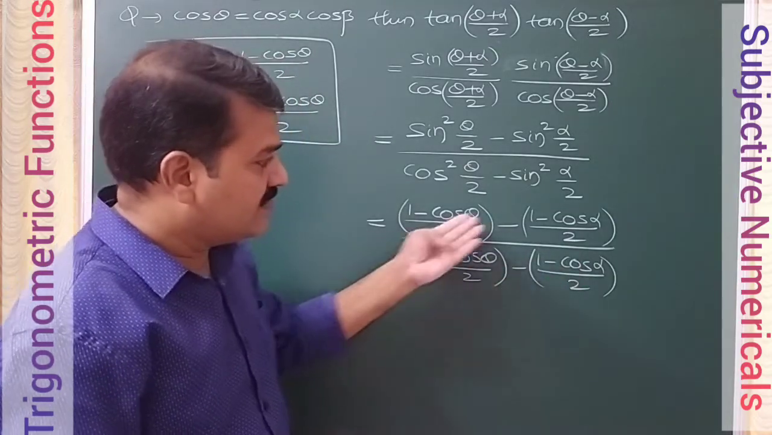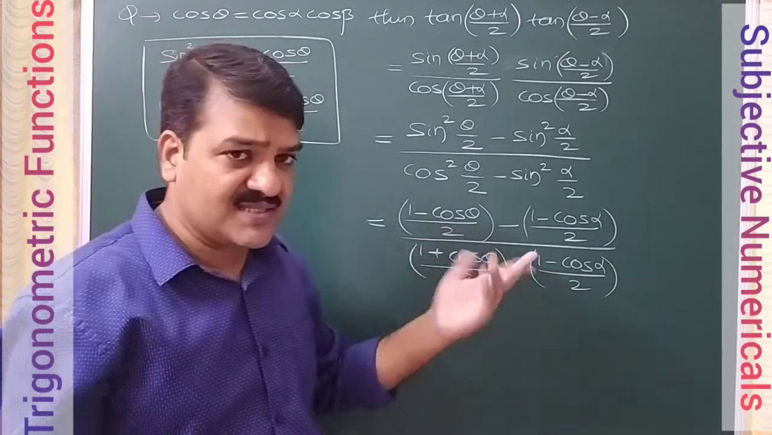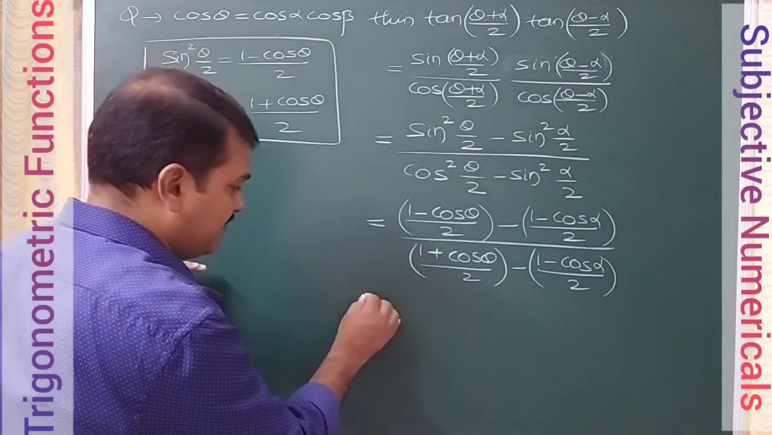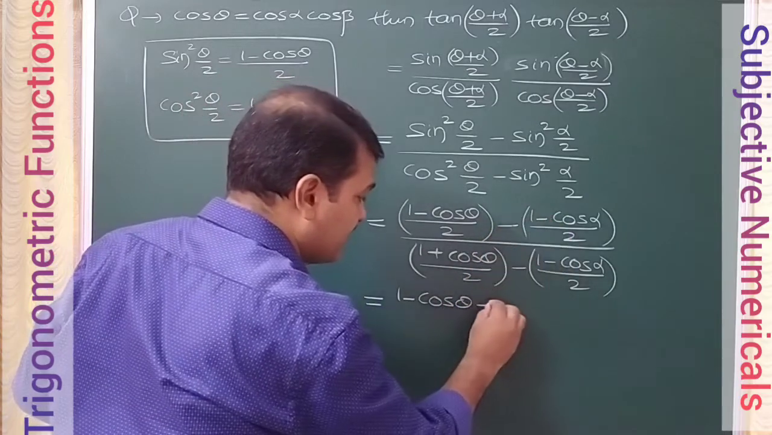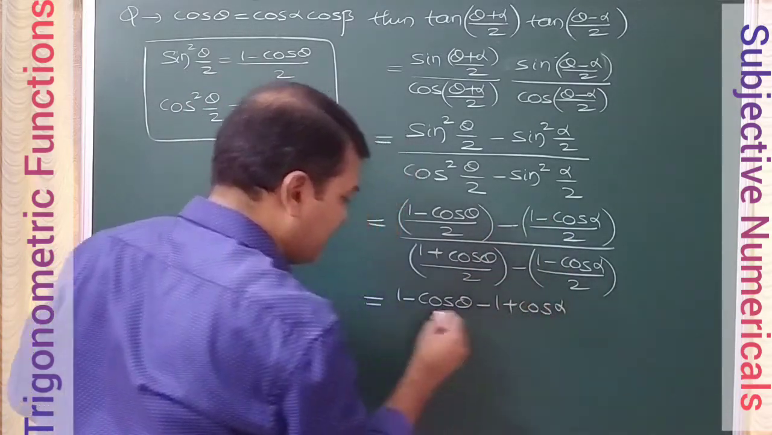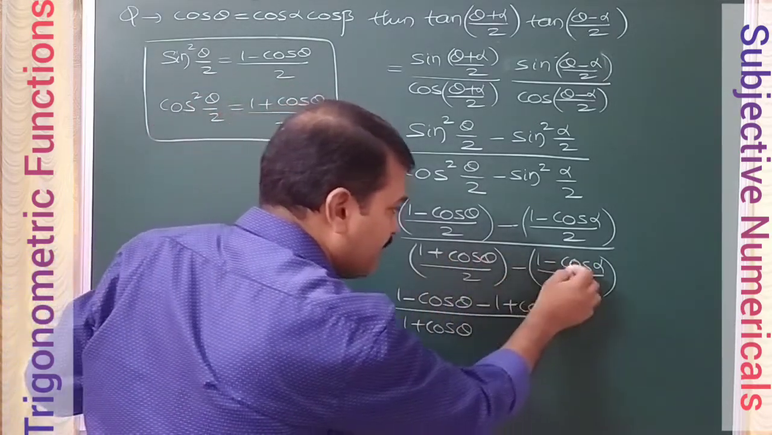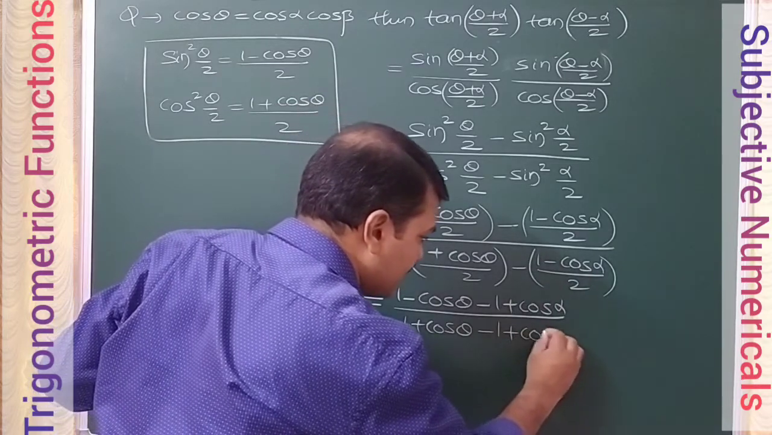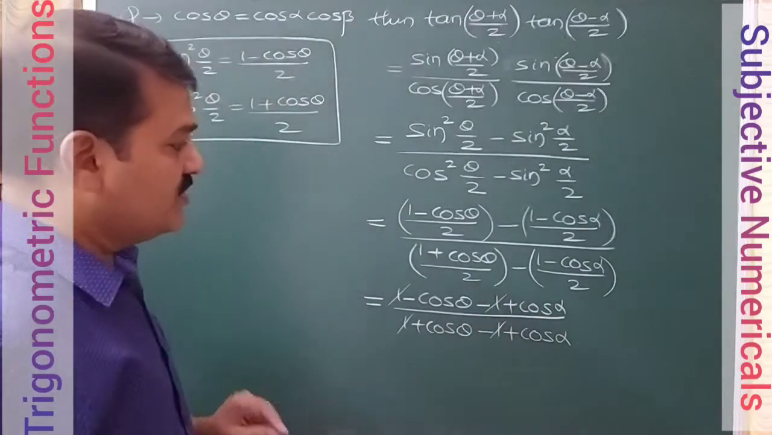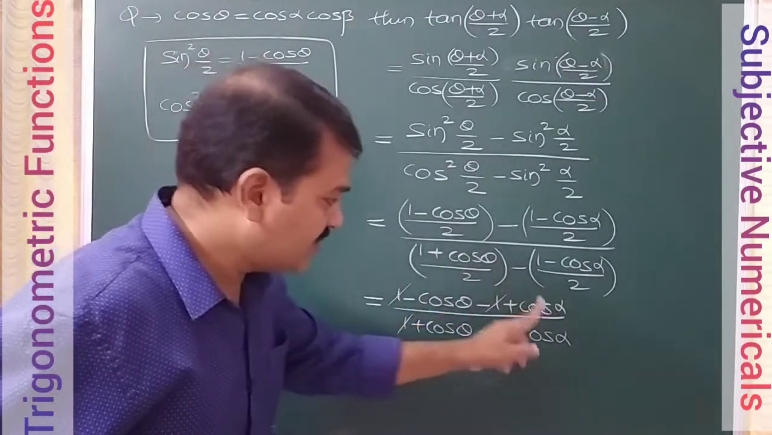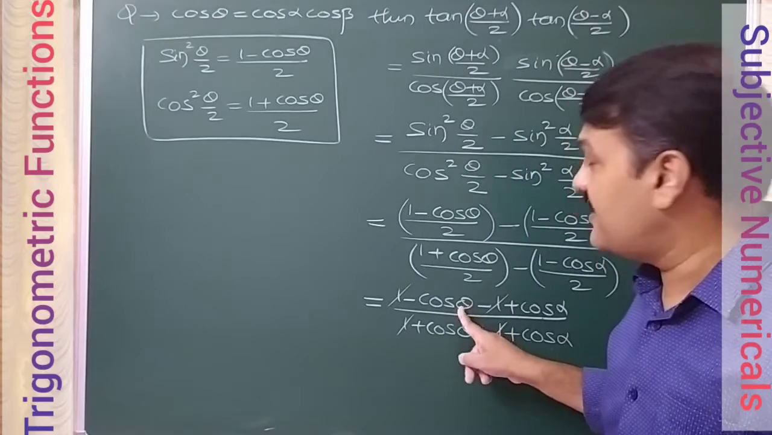So here denominator is common, which is 2. Here denominator common 2. So 2 we can cancel anyhow. So therefore once we simplify this, we will get like this. 1 minus cos theta minus of, that means minus 1 plus cos alpha, by denominator 1 plus cos theta minus of, so minus 1 plus cos alpha we will get. So this 1 minus 1 you can cancel out. So cos alpha minus cos theta, cos alpha plus cos theta remains, and in place of cos theta now we